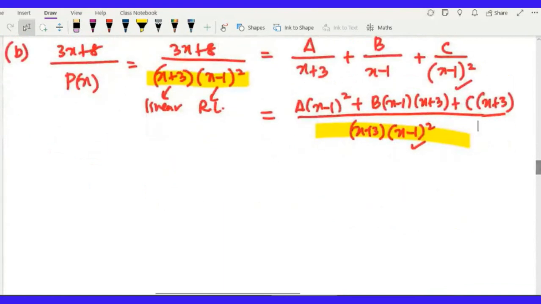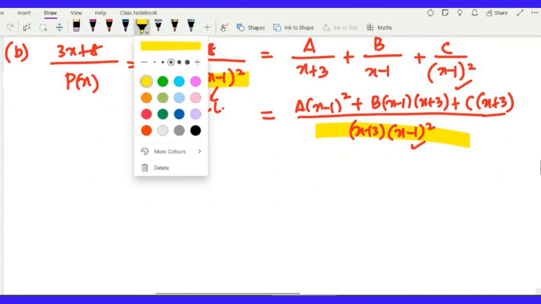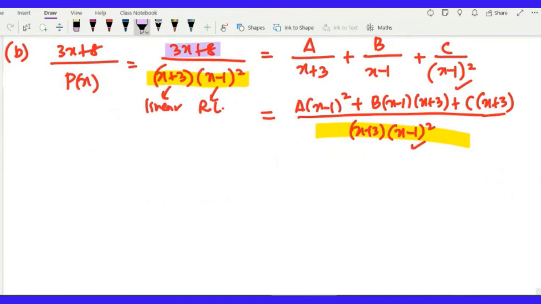Dah boleh abaikan denominator part. So, you may equate numerator dengan numerator. So tulis semula. Maka 3x plus 8